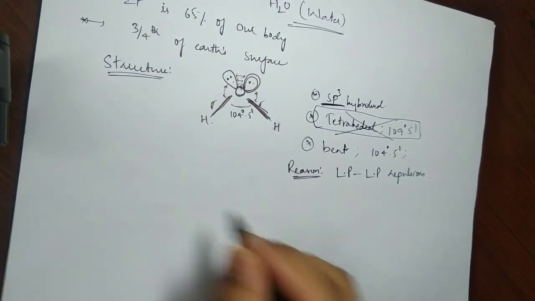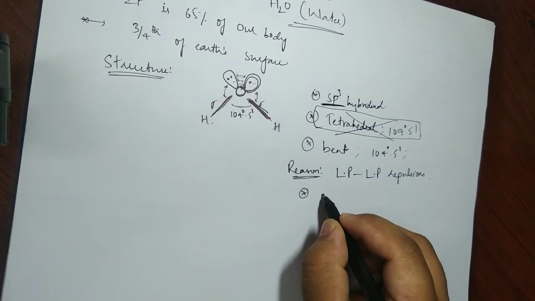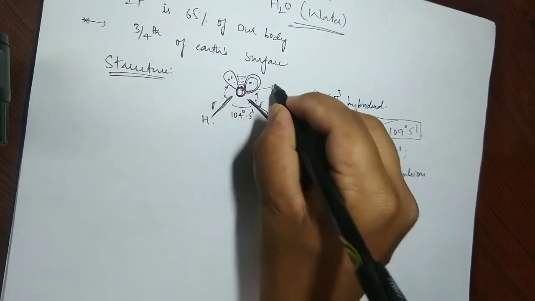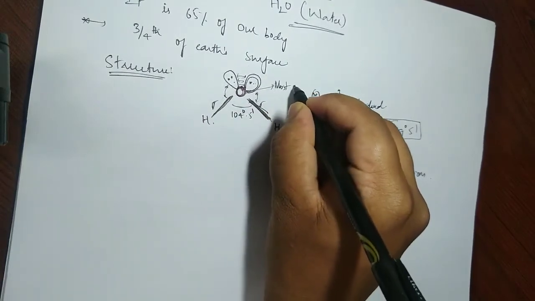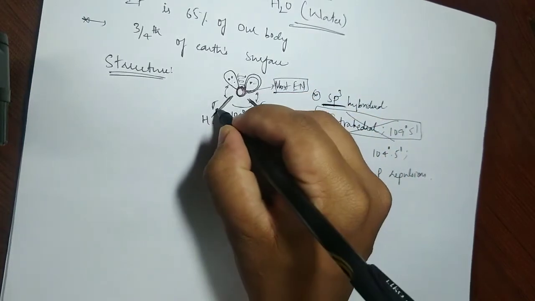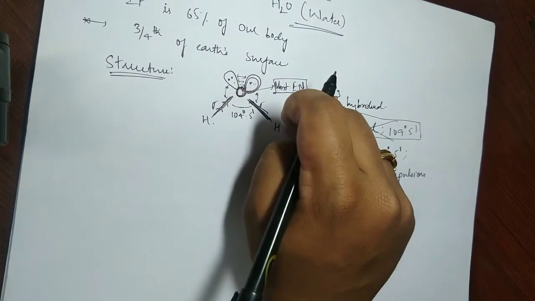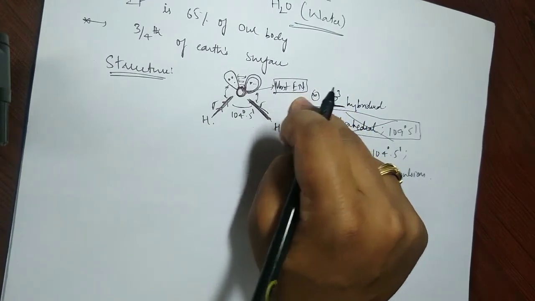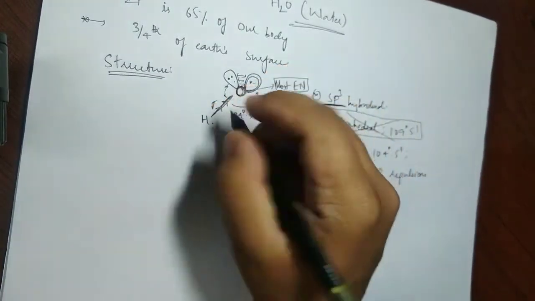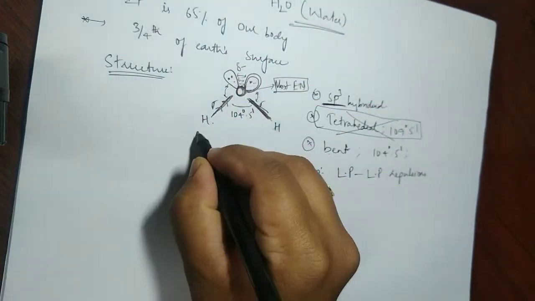Apart from this, we can also say that the water molecule, H2O, is polar in nature, oxygen being more electronegative, not the most, the most is fluorine, but relatively more electronegative than these two elements. So what happens? If we talk about the dipole moment, what is electronegativity? It is the tendency of an atom to pull, to attract the shared pair of electrons towards it. So as it is pulling the electrons, it gets a partial negative charge, and this gets a partial positive charge.